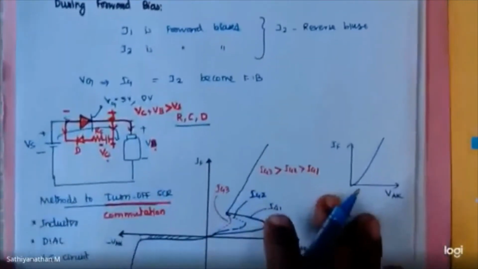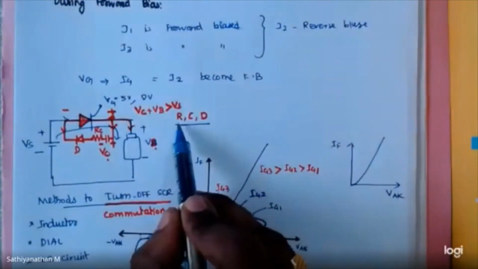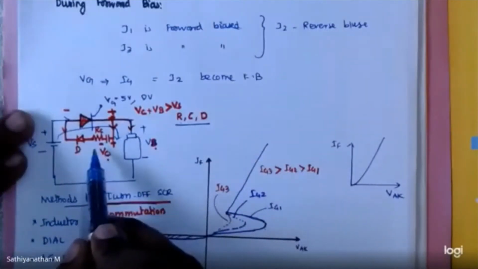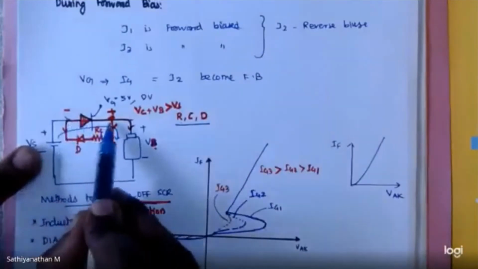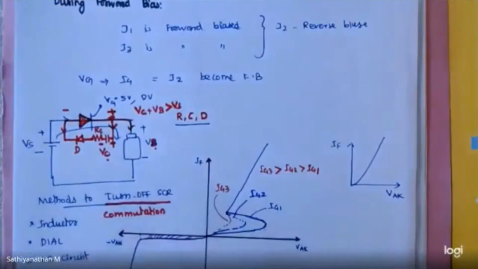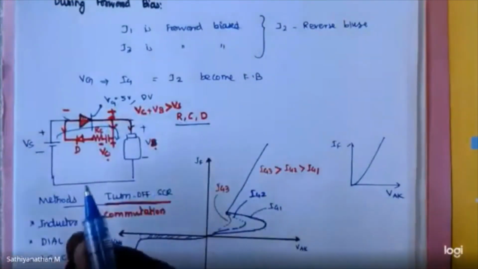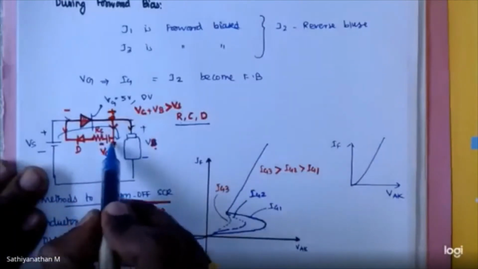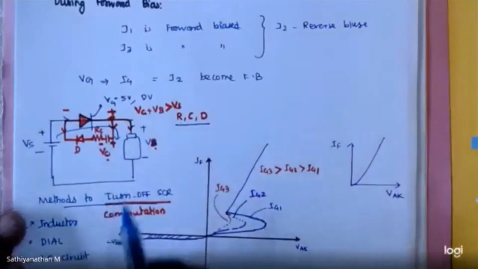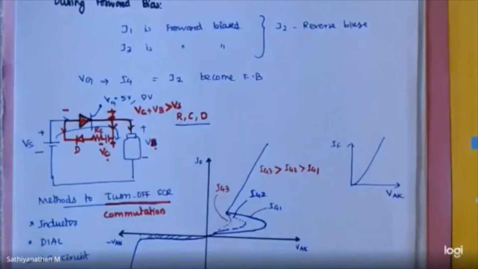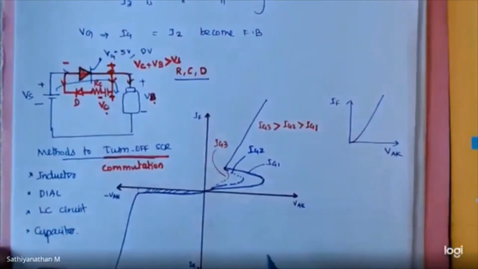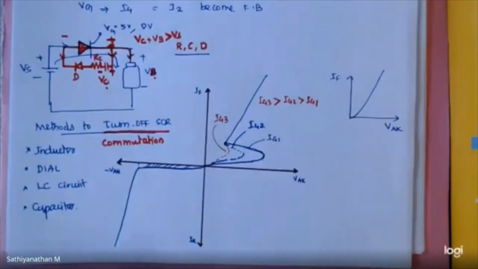The other way is by using external devices like a resistor, capacitor and diode combination. We are able to turn off the device. This is called forced commutation. During forward conduction, we store some energy, that is voltage, across the capacitor. And when you remove the gate voltage, this voltage reverse biases the device and makes it turn off. This is called forced commutation. By using external devices, we are forcing the device to turn off. So if you look at the VI characteristics, it looks like a diode.